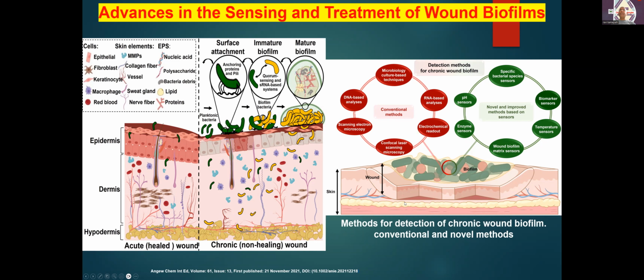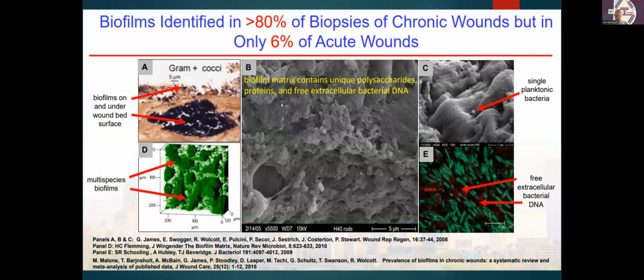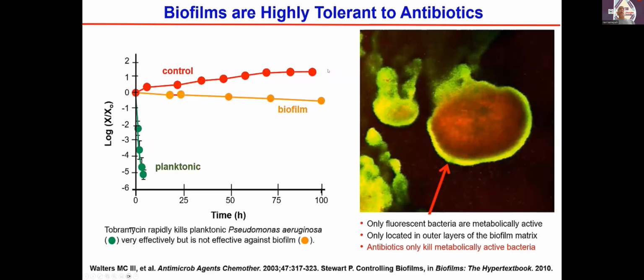Now, we are using different conventional technology like DNA screening, electron microscopy, confocal laser microscopy, and RNA-based technology. There are other novel improved methods, including detecting the pH of the wound bed, and also temperature sensors and biomarkers are being used to detect the bacteria, and advanced technologies that we're going to discuss here. As we discussed earlier, biofilms are identified in 80% of the bacteria in chronic wounds, but only 6% in acute wounds. Now, the problem with biofilm is that